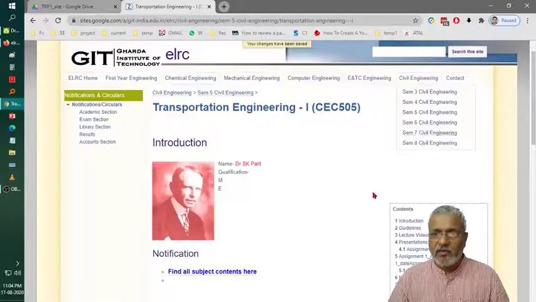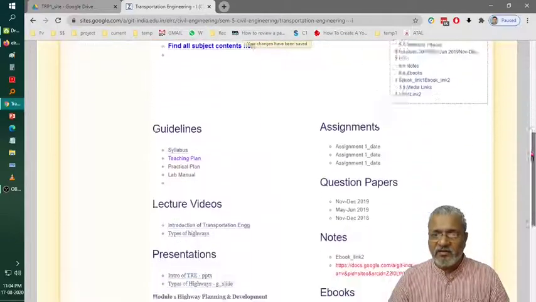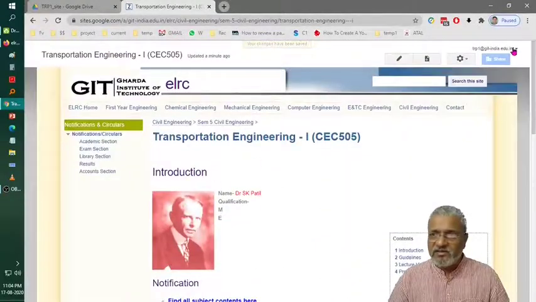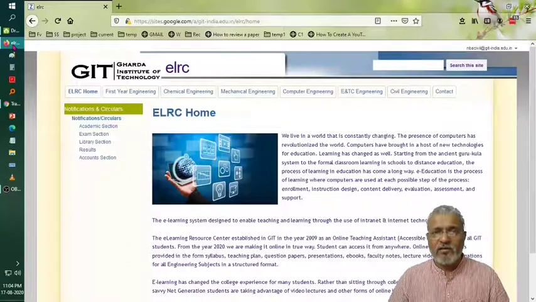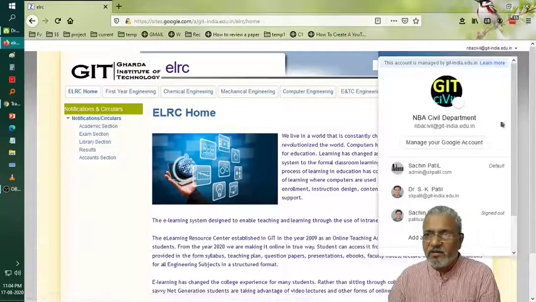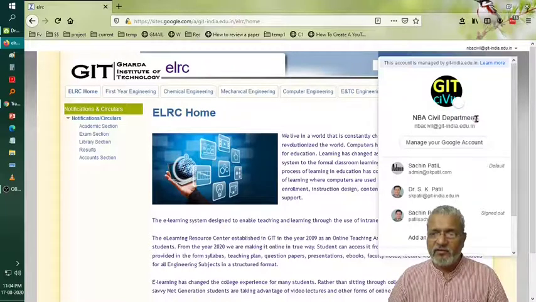Okay, now this is my edited page, and this page is visible from the subject. What I want to do now is open the same website from another ID. Now this ID represents a student GID, because without a GID he is not able to open this ELRC page.